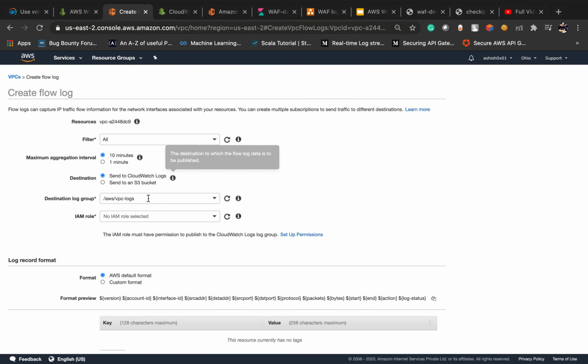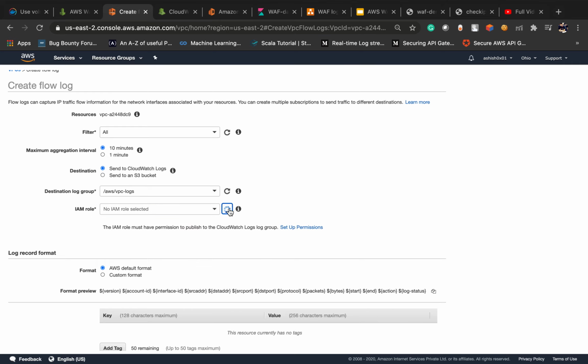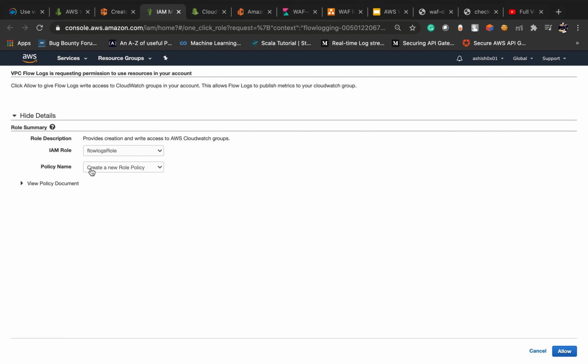Now for the IAM role also, if you don't have any CloudWatch log group permission, then click on set permission. Here it will create one role. It will ask for a particular role name, so we have to define this flow IAM role, policy name, create new policy, allow.